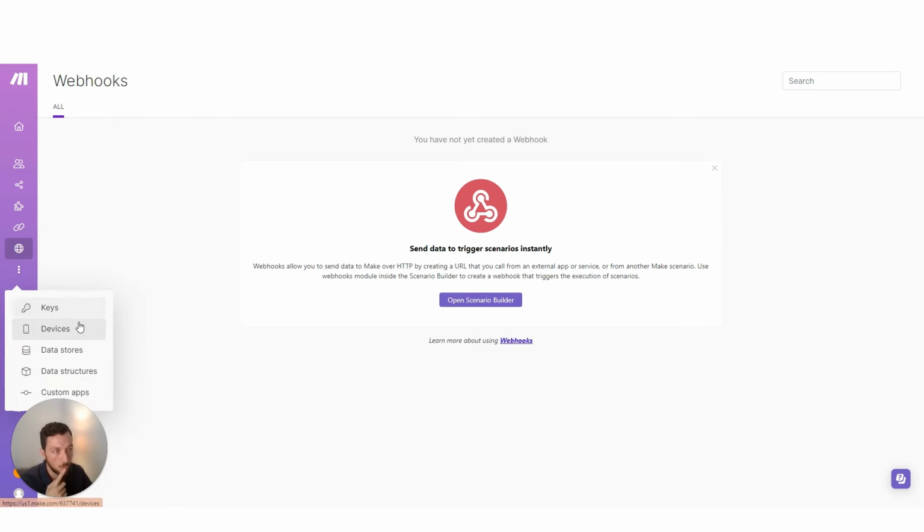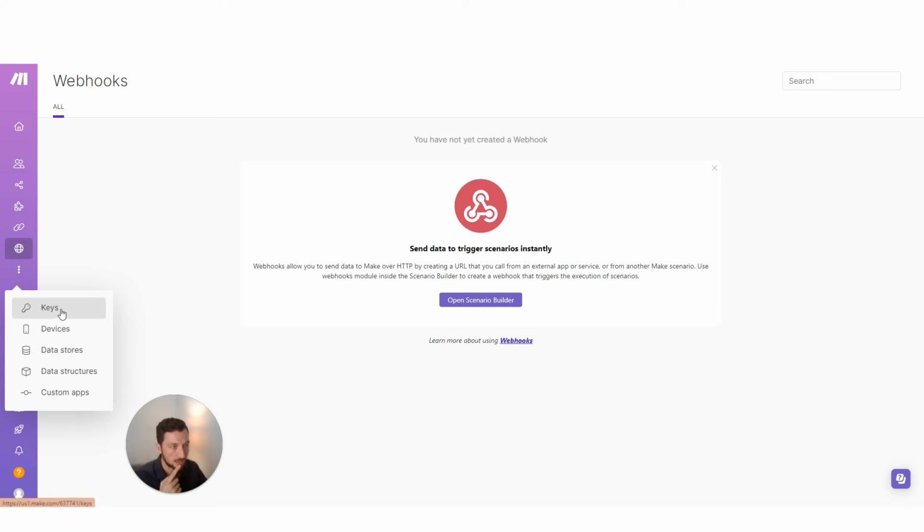And then underneath them all, we've got some additional things like keys, devices, data stores, data structures, and custom apps. Now, we're not going to cover any of those in this basic tutorial, but if you are in that sort